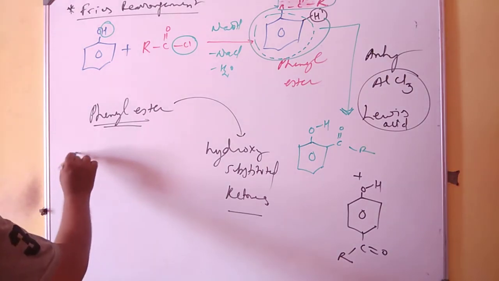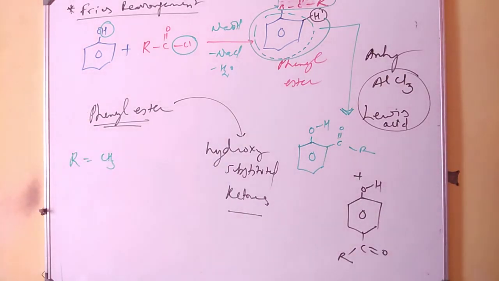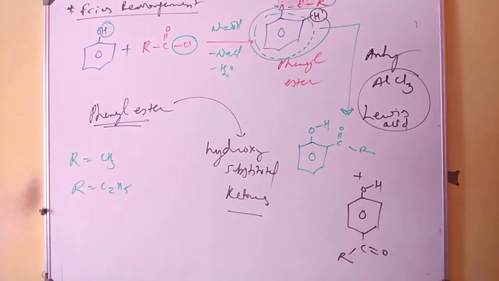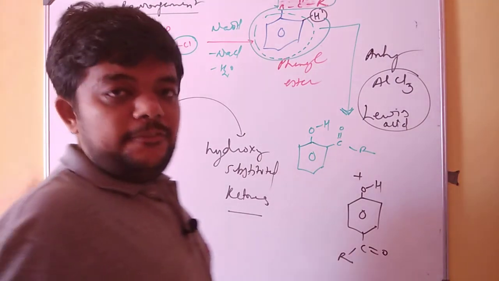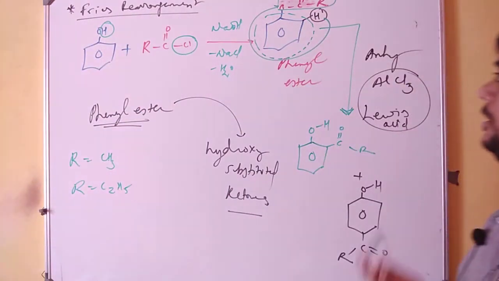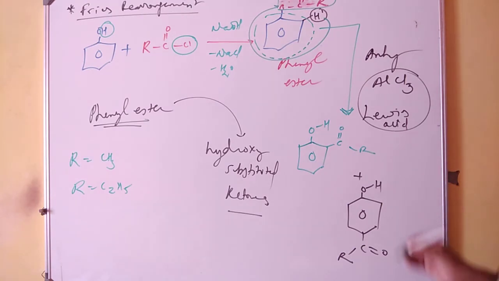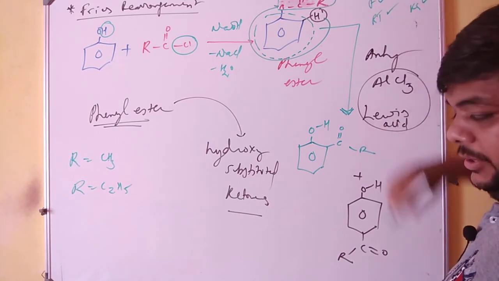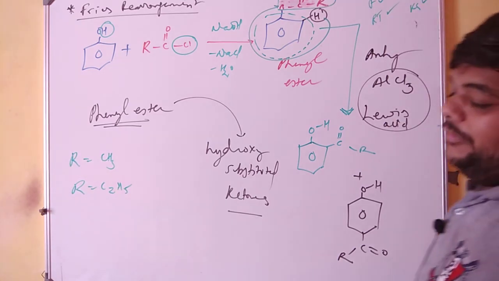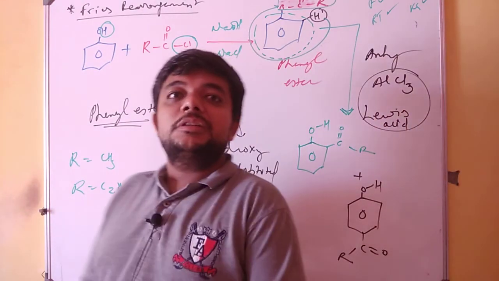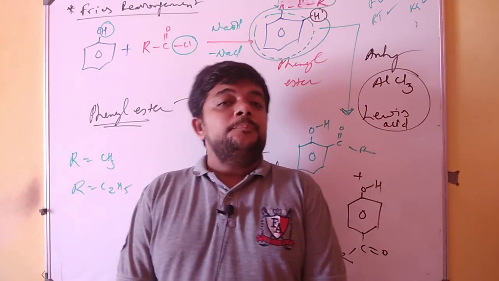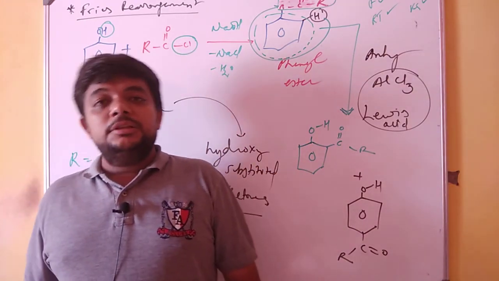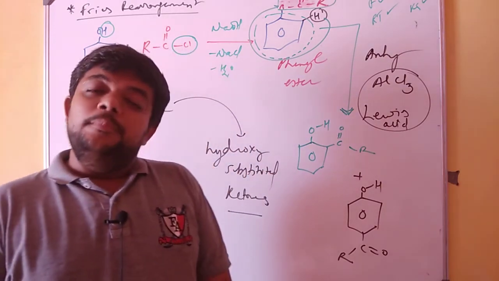Over here I can say that in place of R, let us take an alkyl group, that is CH3, and in place of R, let us take C2H5. In a similar way, different groups can be taken at R to get different reactions possible. But Fries rearrangement, Reimer-Tiemann reaction, Kolbe-Schmitt reaction are some of the very important reactions that I wanted to discuss in this continuing part of chemical properties of phenol. So this is a very short discussion on chemical properties of phenol, part 2.